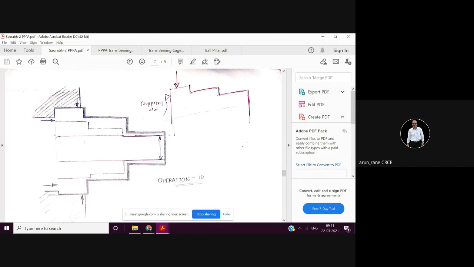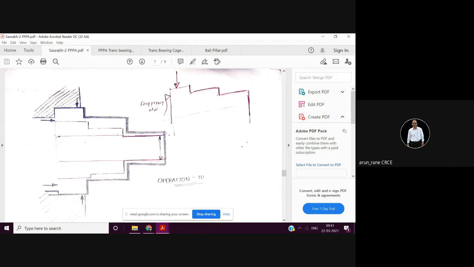Then the operation that you are going to do, you have to show by red or blue or green. In the examination you have to avoid red and green. You can make it bold if you are drawing it by pencil, or you can use your ink pen also, but it should be bold enough, visible clearly.